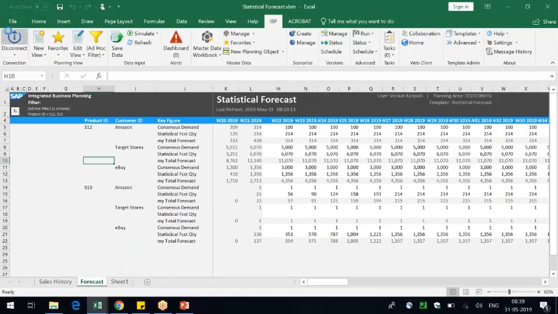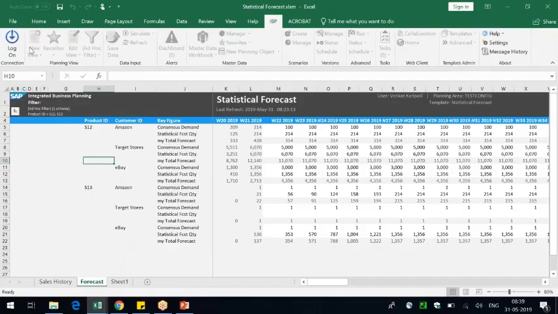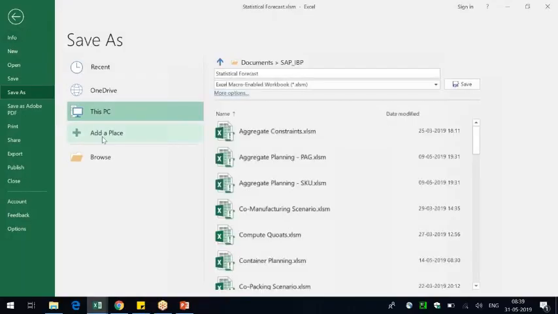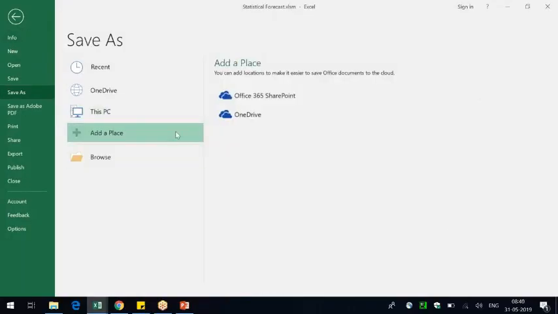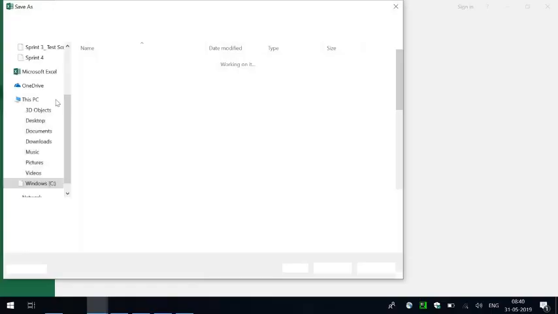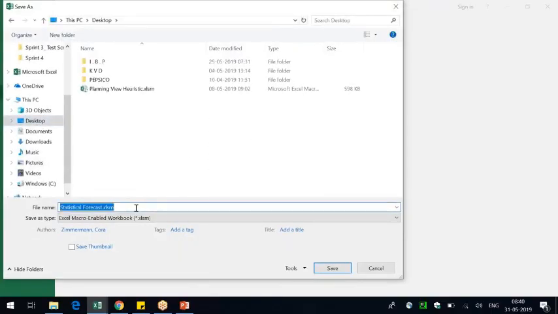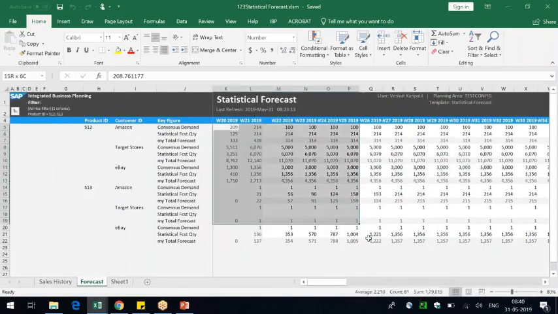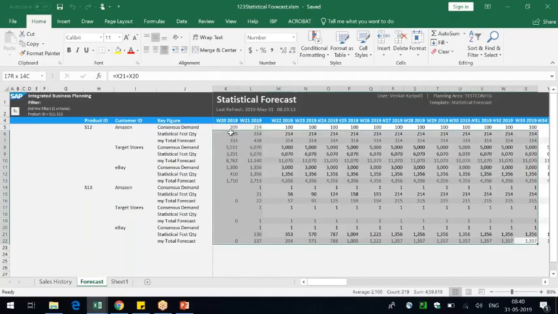There's also another way. Once you disconnect, you're done with your IBP connection. Just go to home, Alt F, save as, browse. Now it becomes an Excel sheet. Now it's up to the planner whether he wants to put some pivot tables and take this data and do his thing with it.